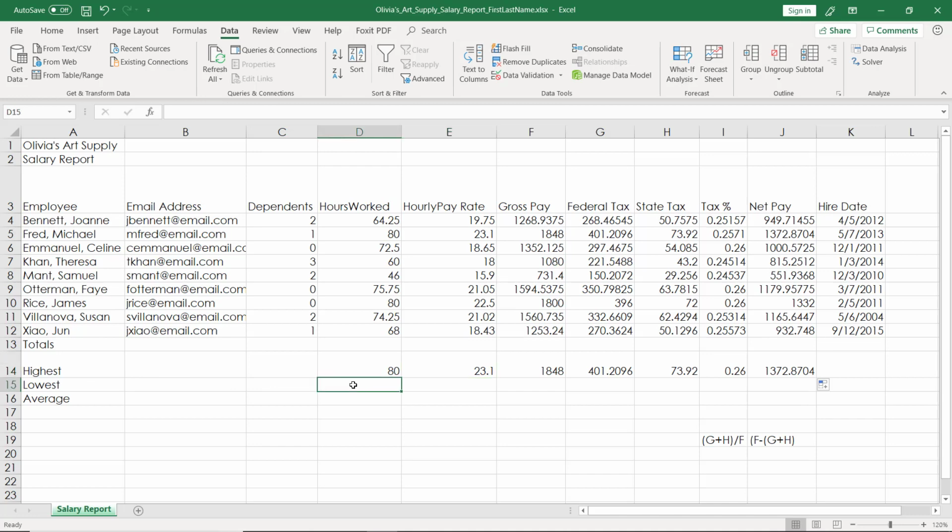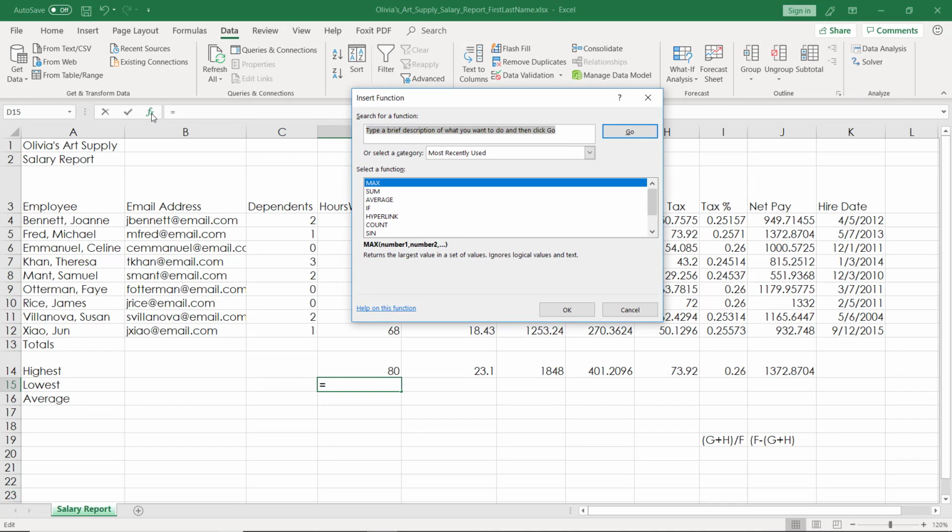So if I go to this row here, I want to know who's worked the minimum hours, but I can't remember what the formula is to do that. So in this case, I'm going to click on the cell, and I'm going to go up here to my bar going across, and there's this one that says FX on it. If I click on this, it brings up a function window that lets me have a bit of a UI for trying to figure out which formula to use. I can't remember what the one's called, so in this box at the top where it says type a brief description, I can just type minimum